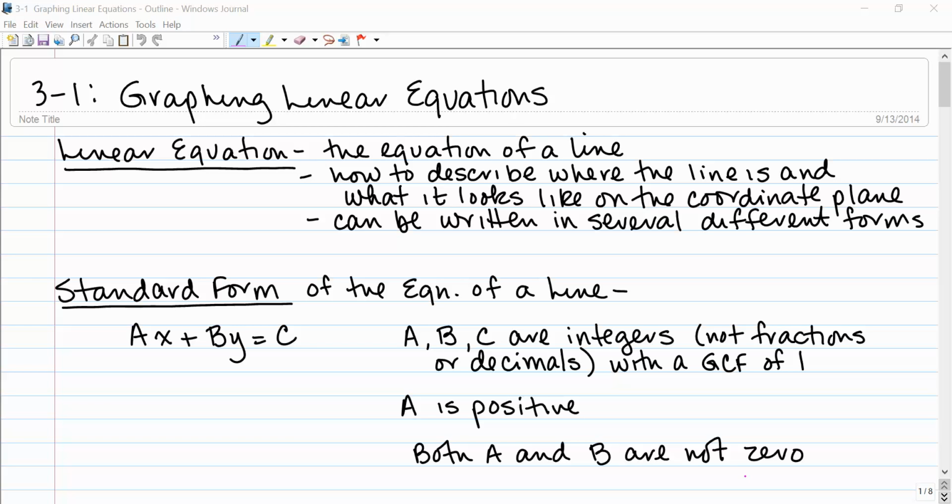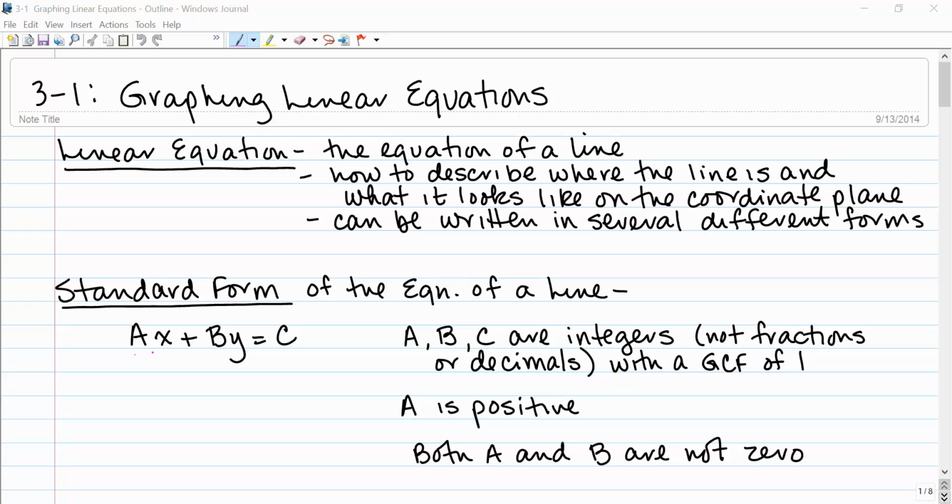Section 3.1 is on graphing linear equations. A linear equation is basically the equation of a line, and it's how we describe where the line is and what it looks like on the coordinate plane. And the equation of a line can be written in several different forms. The first one we're going to take a look at is called standard form of the equation of a line,